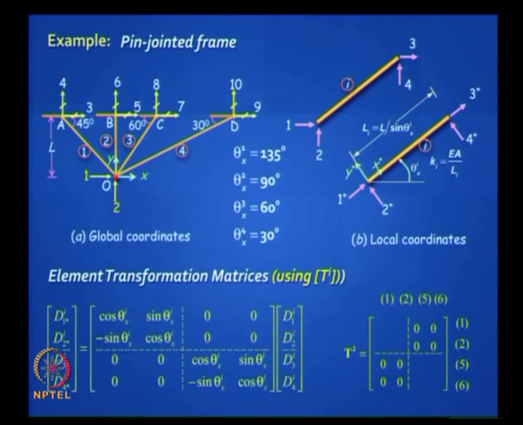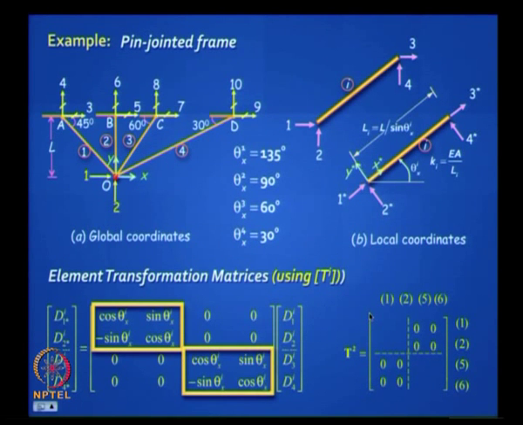Let's see this problem which we did in the last class. I am just showing you to remind you that we did this using Ti. How do we do the same thing using Td? So let us see. Remember in Ti those were our non-zero elements. The transformation was very simple. You had a cos theta and a sin theta and a negative in one of those.